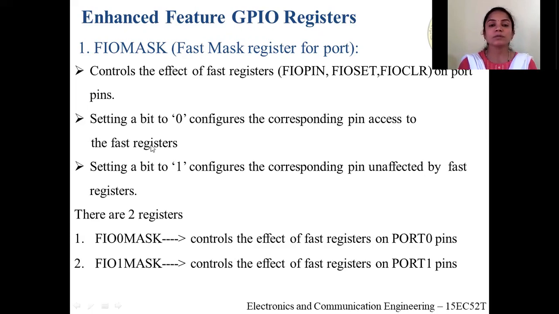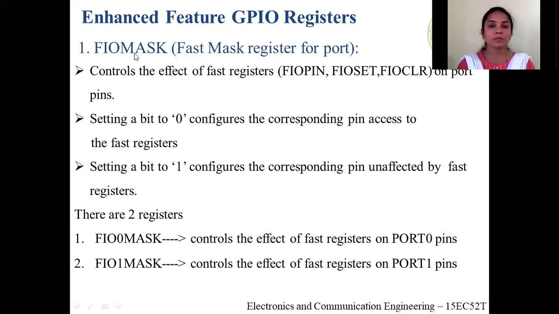How does it control? Setting a bit to 0 configures the corresponding pin to be accessible by the fast registers. If you want to control the port pins by using these 3 fast registers, first we have to set the value 0 on the port pin by using the FIOMASK register.